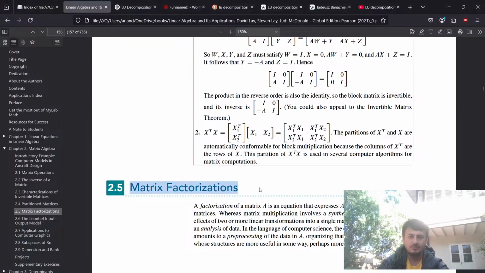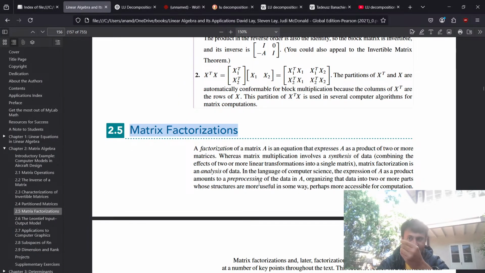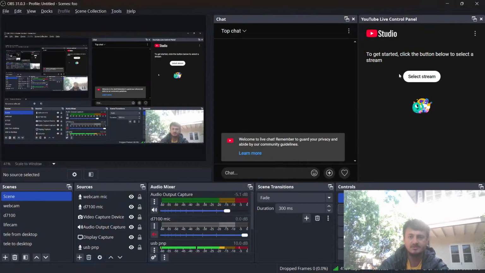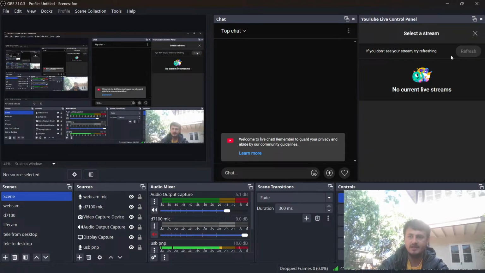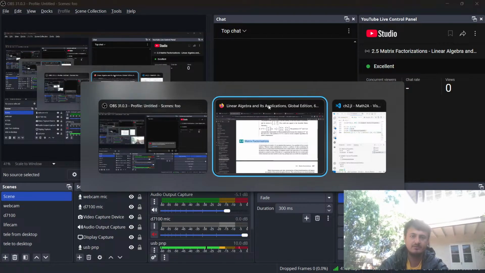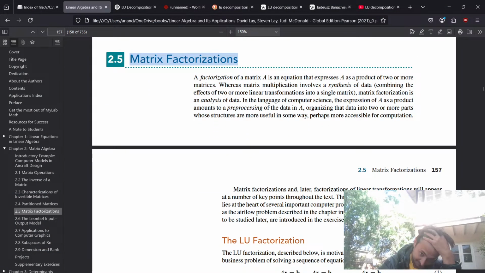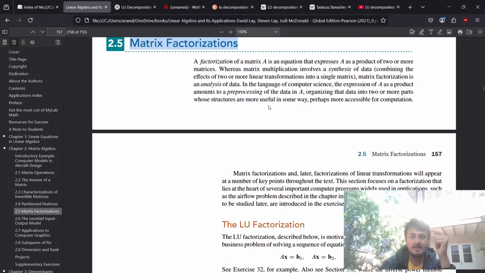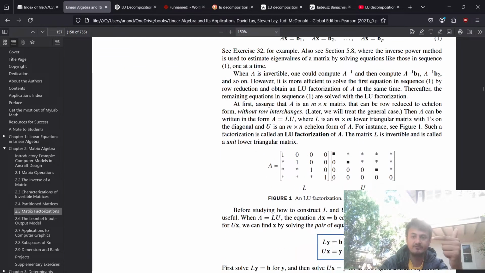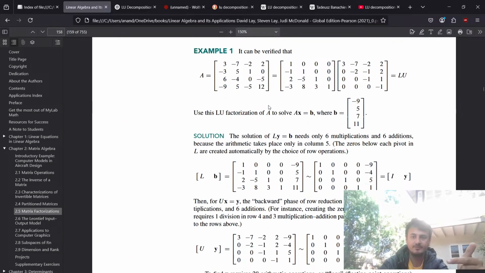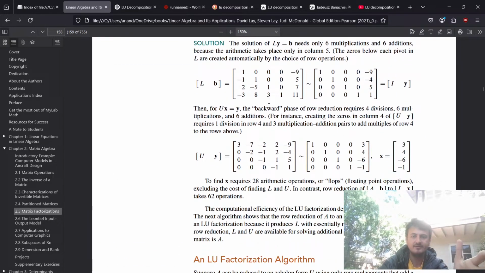Okay, so we are doing matrix factorizations today. We're skipping partitioned matrices because my class isn't covering it, and as much as I would like to go over everything, it's not realistic. But this one's actually pretty interesting, and this book I've briefly read through it, and it kind of